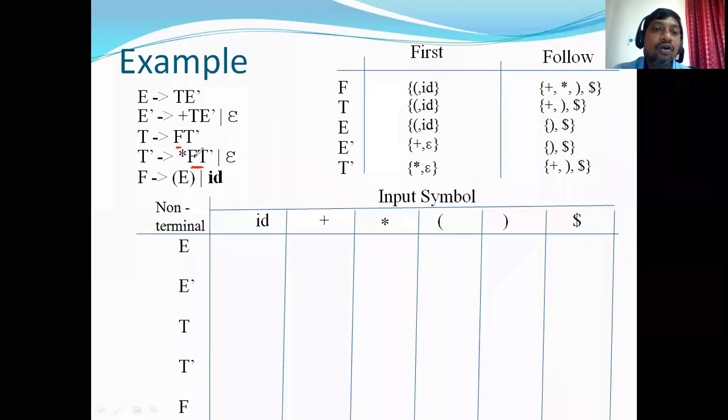FOLLOW of F is nothing but the FIRST of T dash. What is FIRST of T dash? FIRST of T dash is asterisk and epsilon. If you observe here, we are not including epsilon in FOLLOW. So from this rule, we'll get asterisk. Next, consider this rule. F is followed by T dash also. So what is FIRST of T dash? FIRST of T dash is asterisk or epsilon.